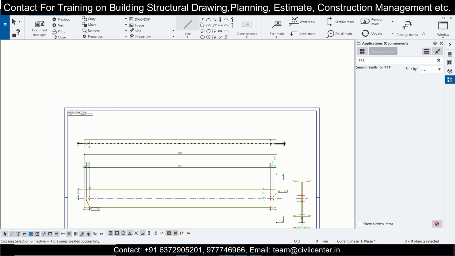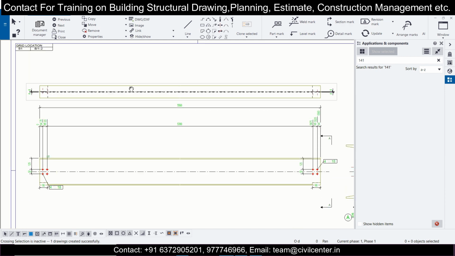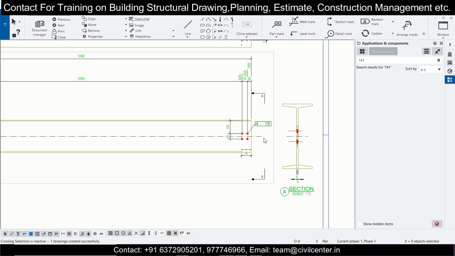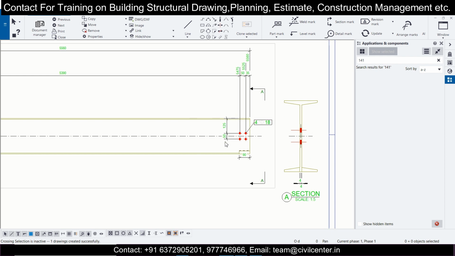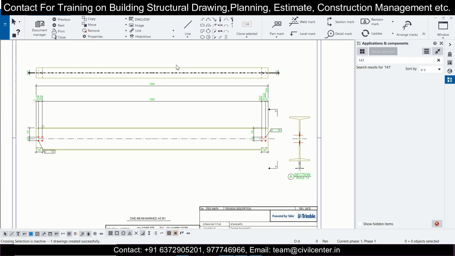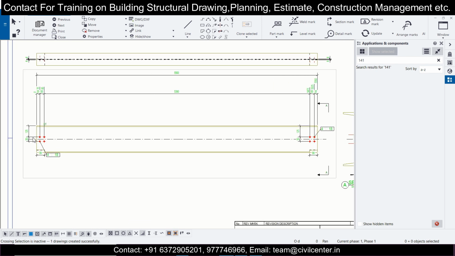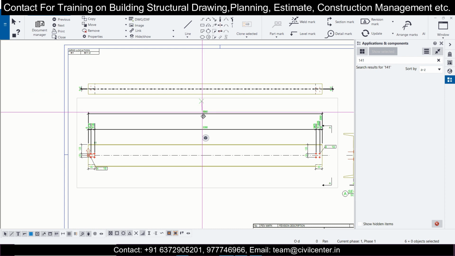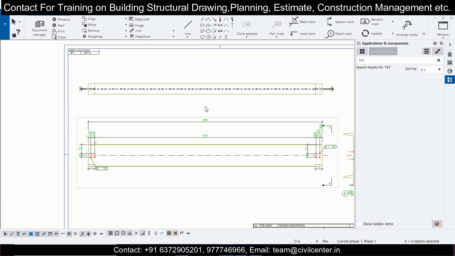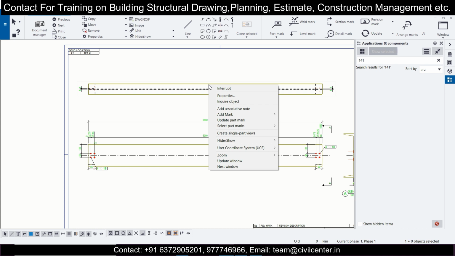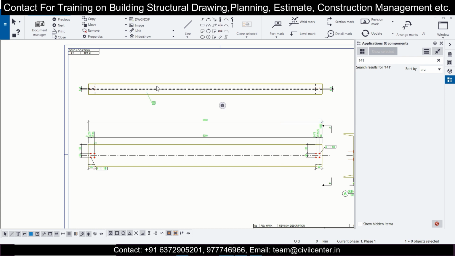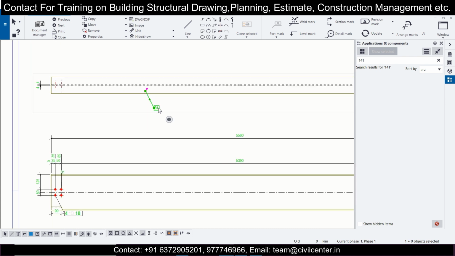And as you can see, all the different particular operators or tools for the drawing mode have come. So basically, let's see what is this basically. So this is our sectional view, this is our plan, and this is our longitudinal section. So you can simply click on this dimension here and then reduce it. We don't need that much space. So after that, we can just right click on that and then add mark, and add mark using applied properties. Now if you want to change the location of the mark, you just click on shift button, and then using the left mouse click button, you can change the position. So this mark has been added.